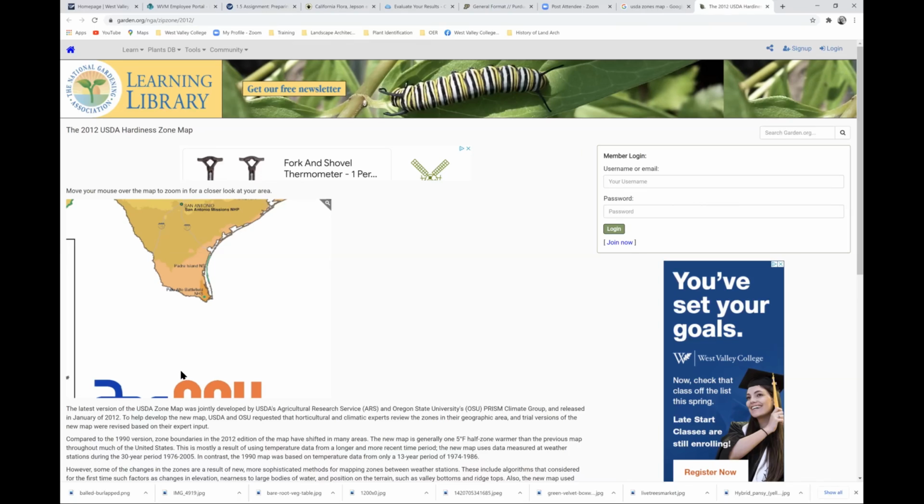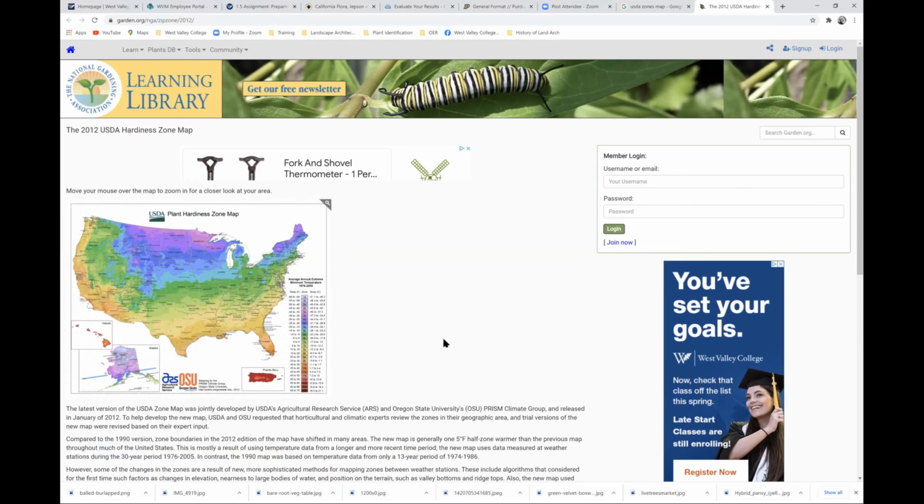Well, what grows in Florida in that zone and in Texas in that zone will not necessarily grow in California, the same zone. And this is true for the map all over. It's so generalized to temperature only that it doesn't take into consideration precipitation or soil or heat. And what the Sunset zone does is provide that additional detail.